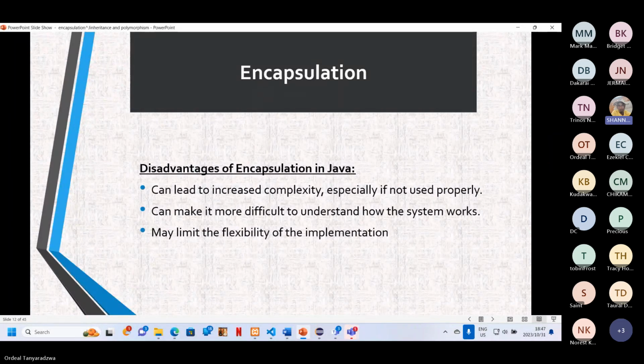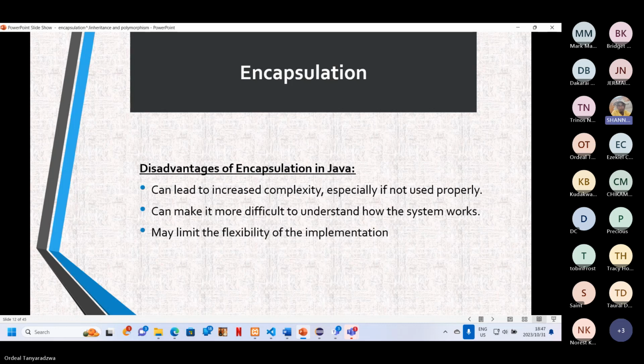It can also lead to complexity of the code because some parts you can access your code, and also can make it more difficult to understand how the system works, and may limit the flexibility of the implementation if not handled